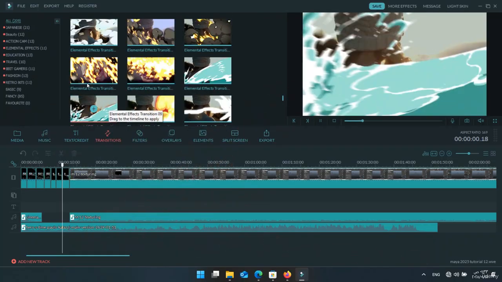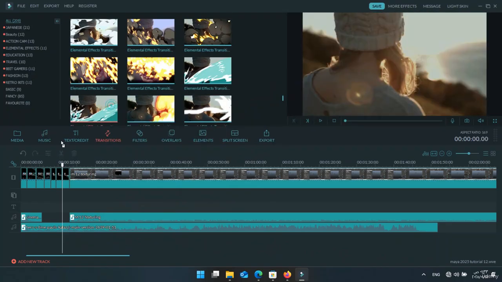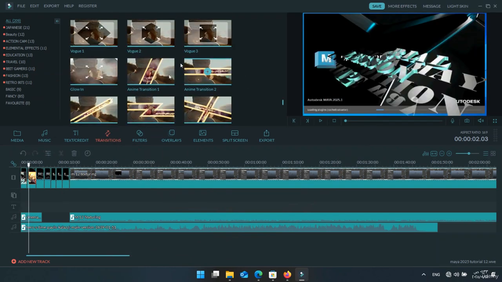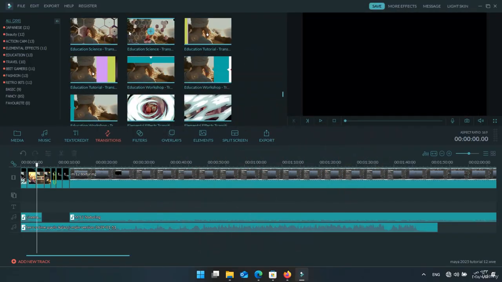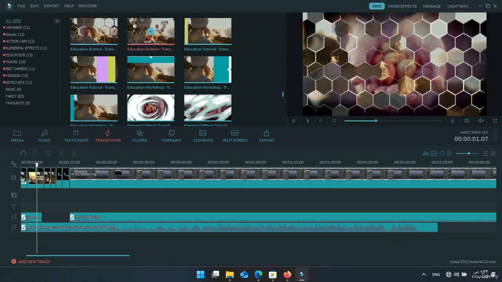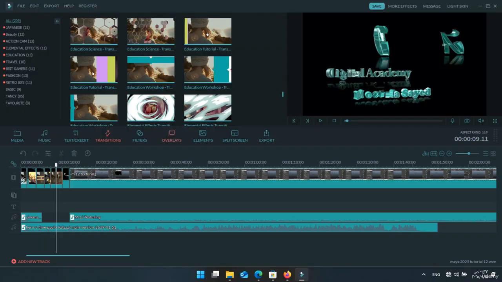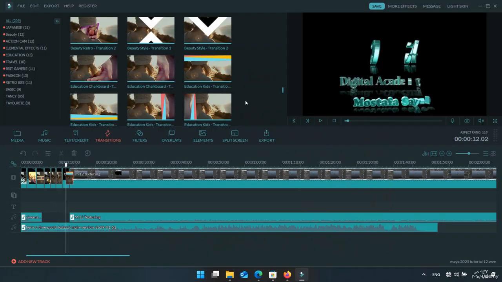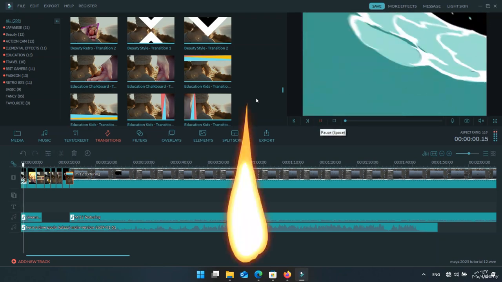When you double click, you will see the transition effects on the right side menu. You just grab it and drag it to the clip, and if you want another one, just grab it and drag it. I will apply this effect, this one. You can just double click to see the effect, and if you want to apply it, just double click and it will be applied at this scrolling line, or you can just grab it to the video you want to apply it to. When you hit this to start from the beginning and hit the play button, you can see the transitions,